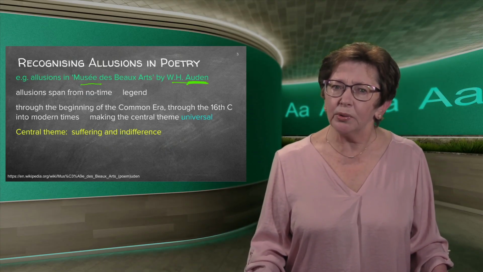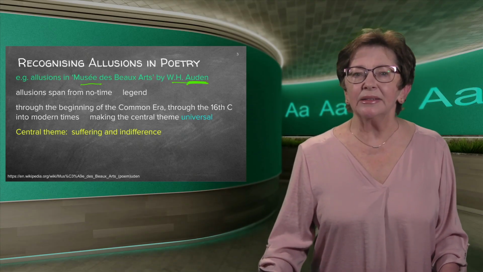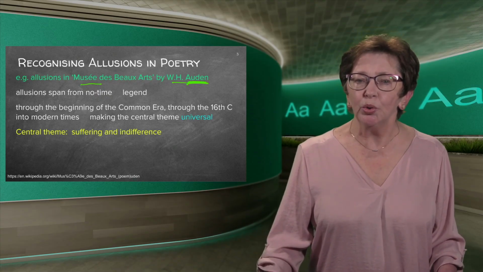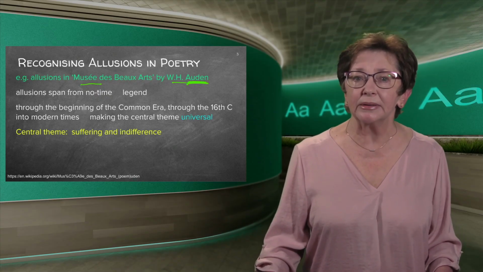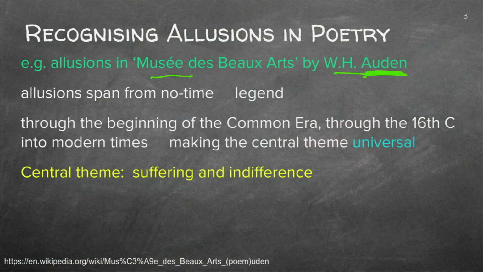And he studied their paintings, and he used what he got from those paintings in this poem. And it's more about his recollection of what he got to know about the old masters there. But you're going to see how many allusions you can actually pick out in this poem.